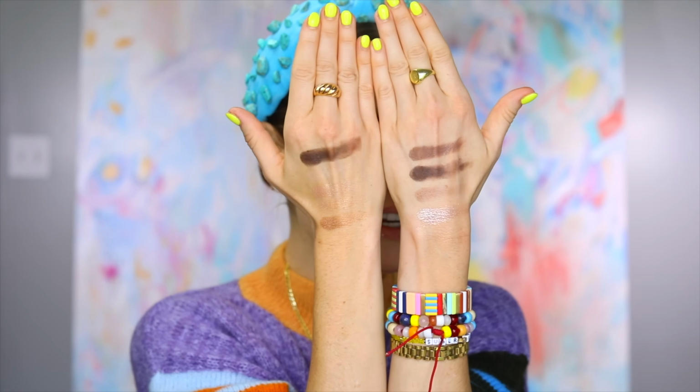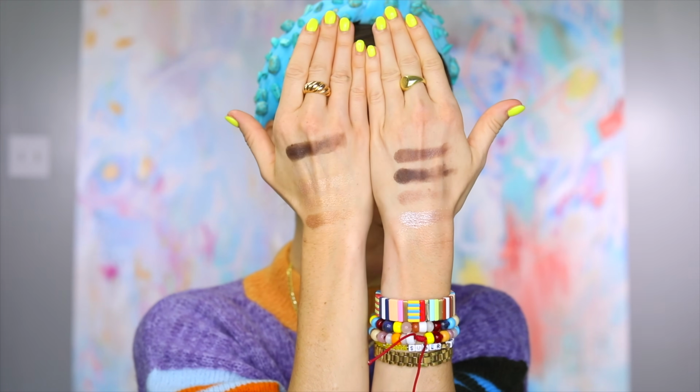The other thing is, it's funny that they call it gold because there's maybe one gold, and it's a little shocking in context with the other ones. You put the other ones on and you're like, ooh, pearly, kind of sandy colors, and then you put that gold on and it's weirdly gold compared to everything else in the palette. The other thing I found with this palette, I used 3 different brushes. It was tough to blend, especially tough to get that deep one to blend while also showing up, because oddly, it goes on really patchy and sheer,